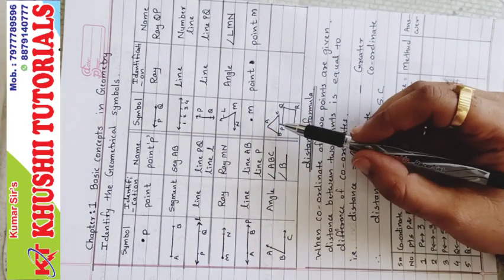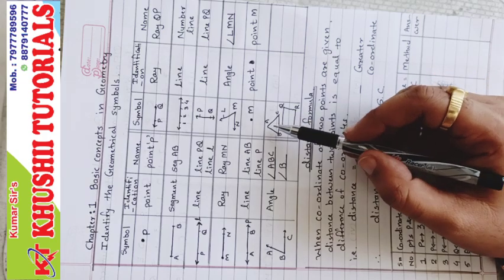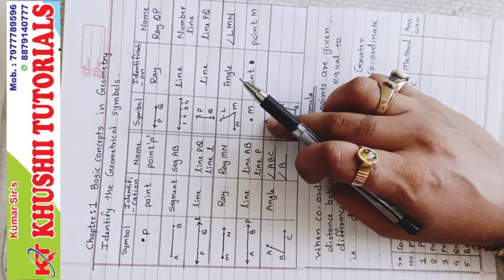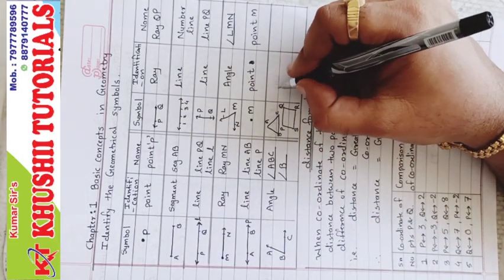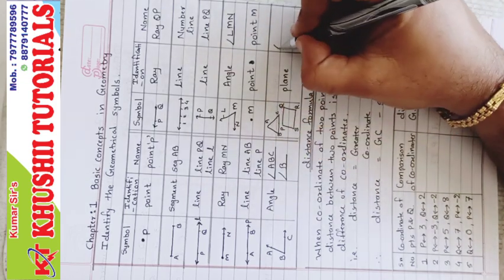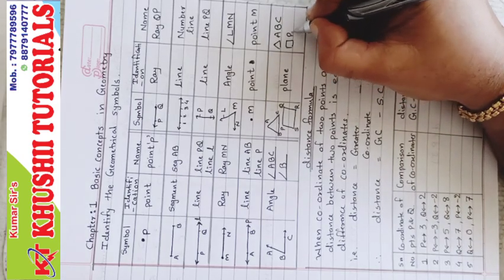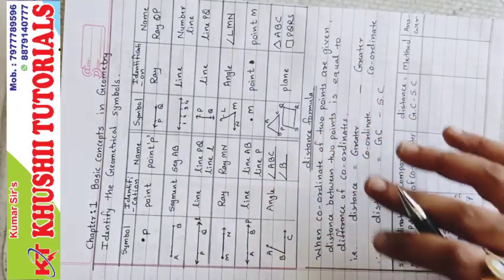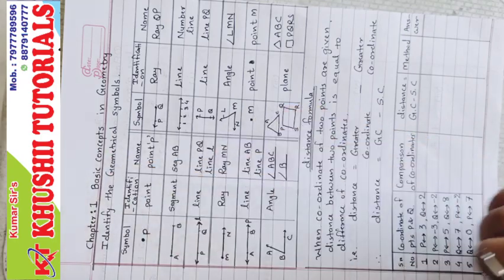These two, this is a triangle and this is a quadrilateral. You are right in both ways, but as per the first chapter, which is basic concept, you don't say it is a triangle or a quadrilateral. It is a plane. Both together are called plane. The name of the first plane is triangle ABC, that is also a plane, and quadrilateral PQRS, these are planes. So hope you understood the basic symbols, basic concept of the symbols of geometry.